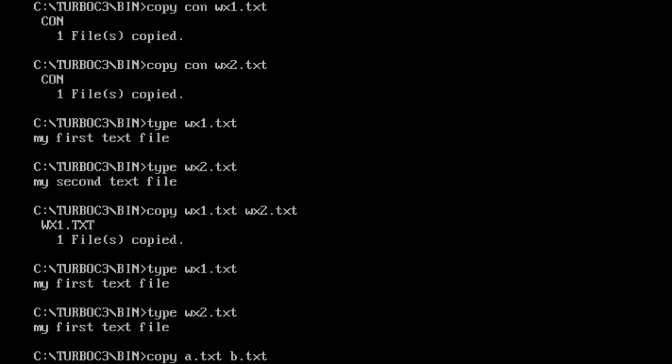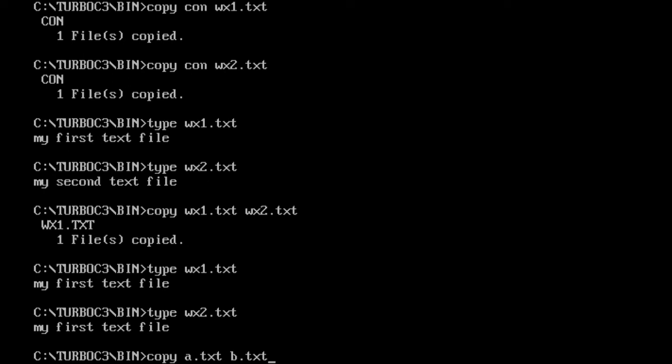So the number of arguments is 3, because first we pass our command, second we pass the file from where we want to copy the contents, and third we pass the text file where we want to paste those contents.